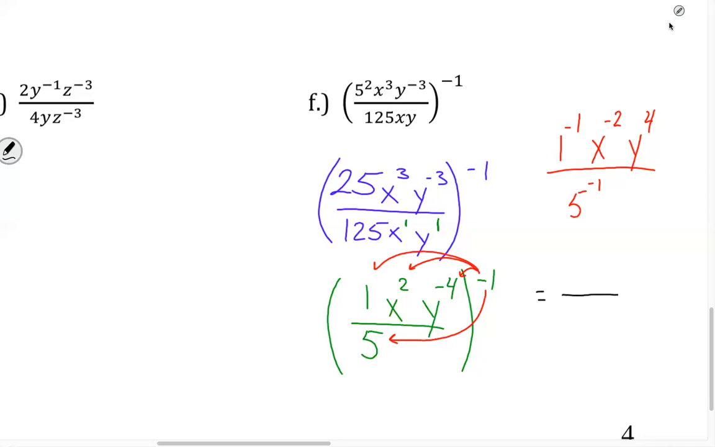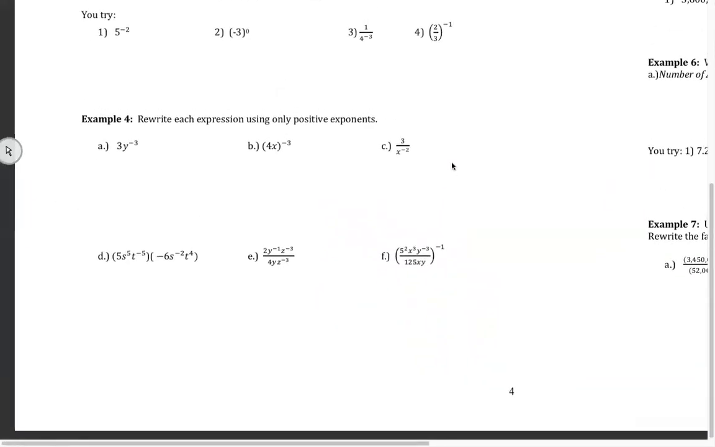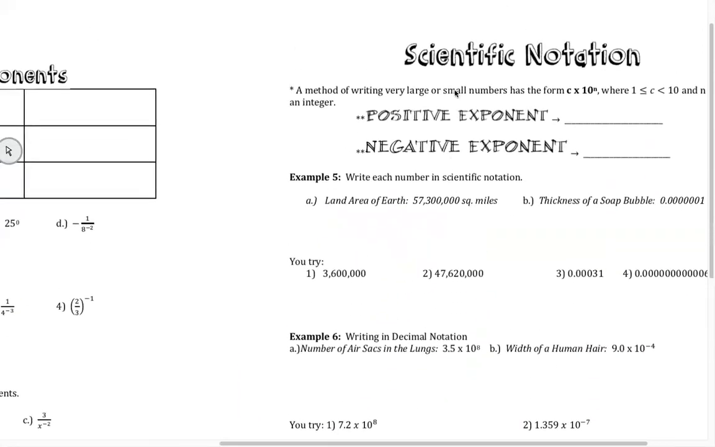that 1 can't stay where it's at, so it goes down to the bottom. That x can't stay where it's at, so it goes down to the bottom. That y is fine because it's got a positive exponent. And now on the bottom, that 5 to the negative first, well, that can't stay there, so it goes up top. So you have something that looks like this, which I would probably clean up and write as 5y to the fourth over x squared. Is that what you got? There you go. All right, and